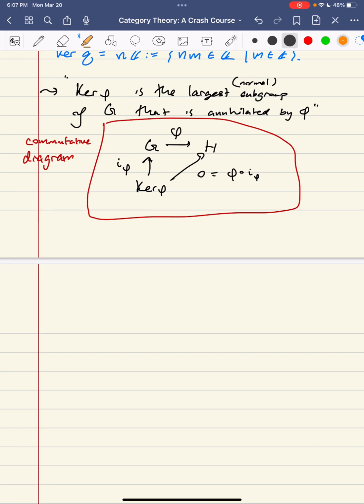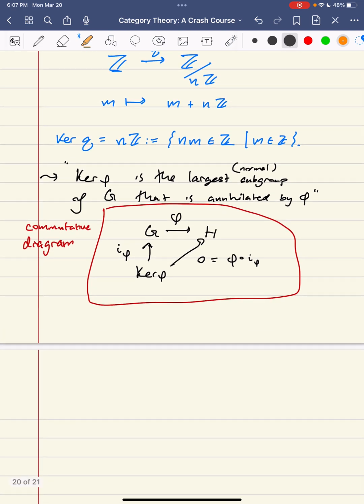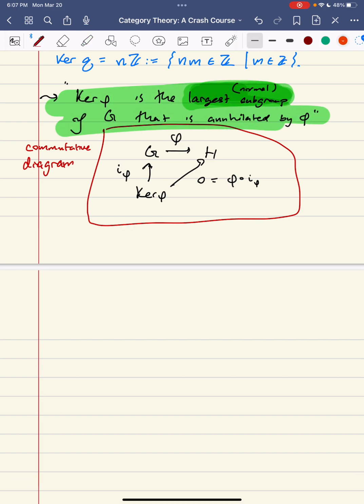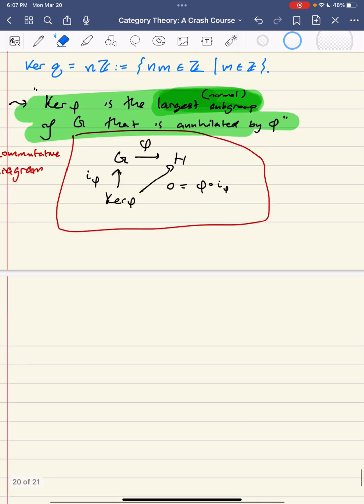So what I want to investigate now is this defining property. Maybe G has many subgroups that are killed off or annihilated by phi. The unique property here, the thing that characterizes it, is the fact that it's the largest such subgroup. This is the important thing, that it's the largest. So let's try to rephrase that. Another way of thinking about this, I'll do first in words and then write the associated diagram, is this means